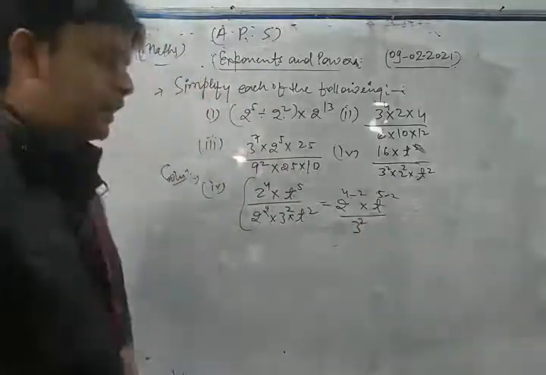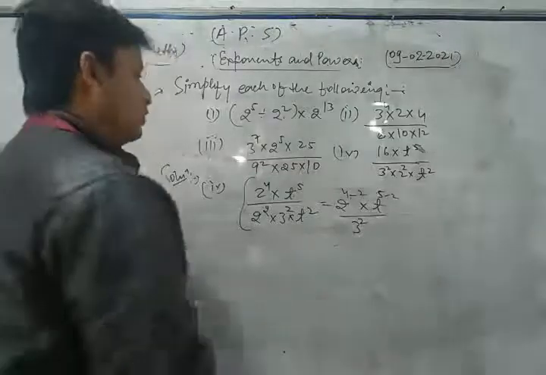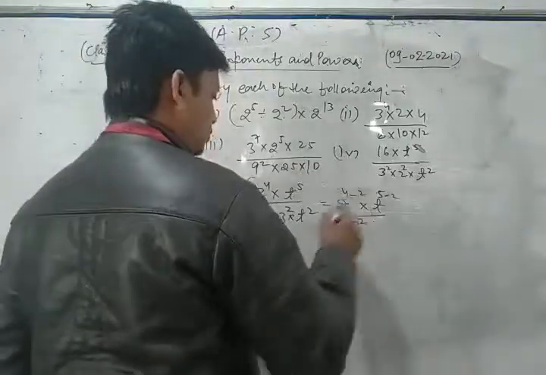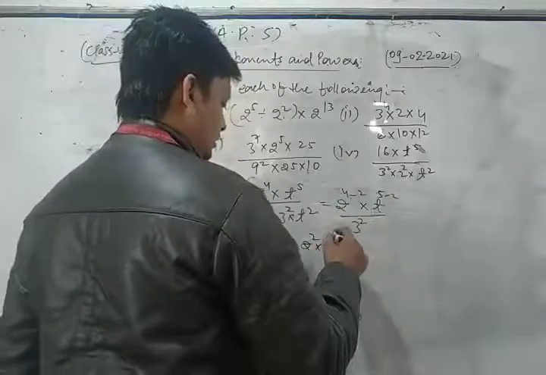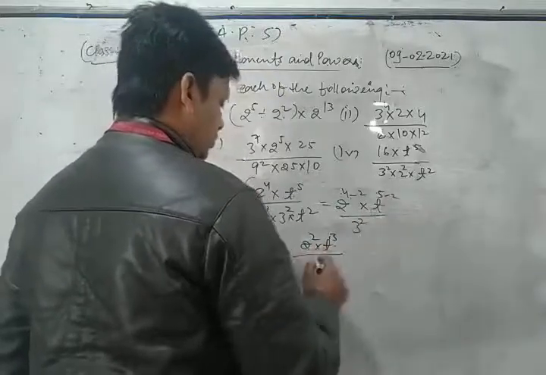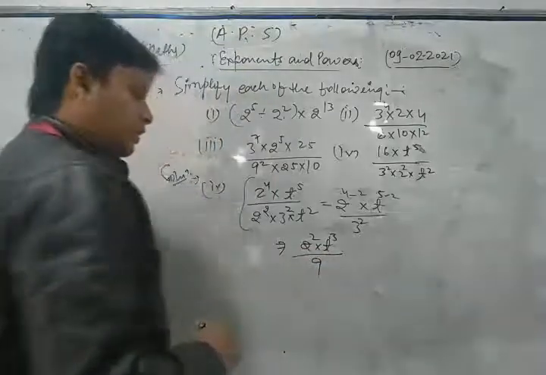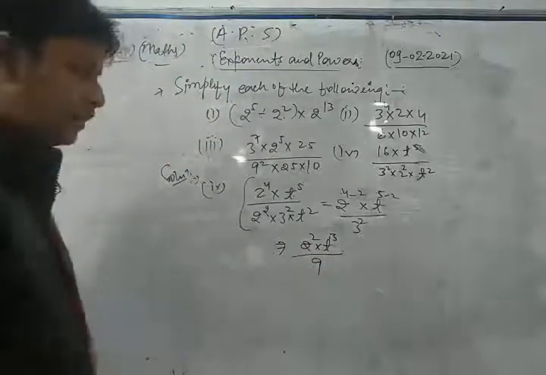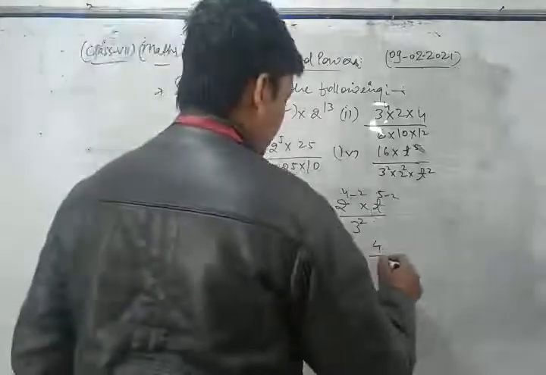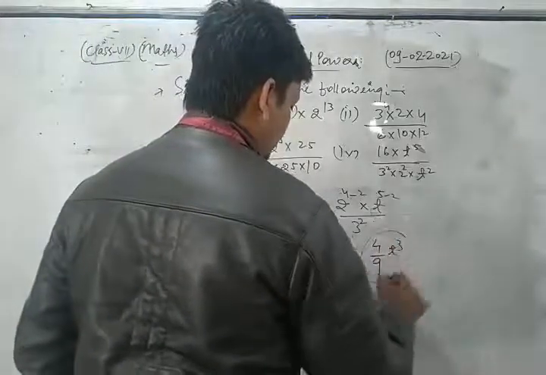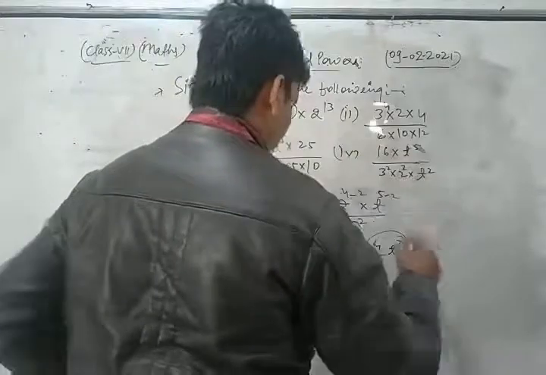Now again here we apply the laws of exponent. So now we simplify them. So we get here 2 power 4 minus 2, that is 2, t power 5 minus 2, that is 3, upon 3 power 2, that is 9. 3 3s are 9. Now here 2 power square is what? 2 2s are 4, upon 9, t cube. This is the required solution of the given question.